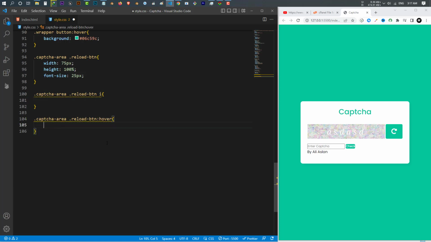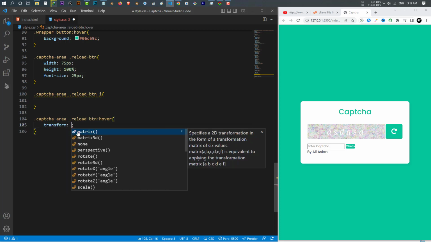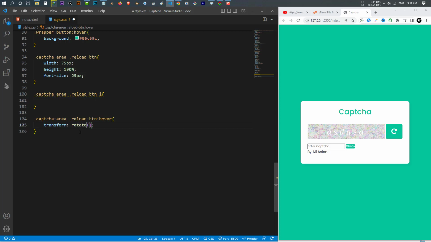What the hover does, I want to transform and I want to use rotate, and I want to rotate it 15 degree, and okay, where's the problem? Okay, not the reload button itself, but the eye of that one. Okay, the eye. Now only the eye can rotate,